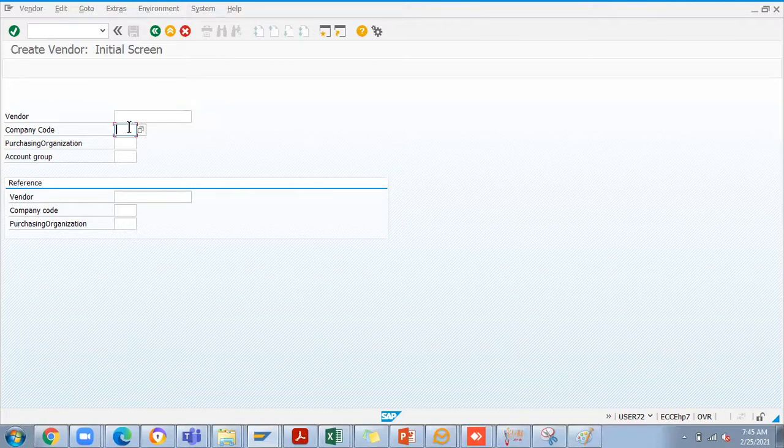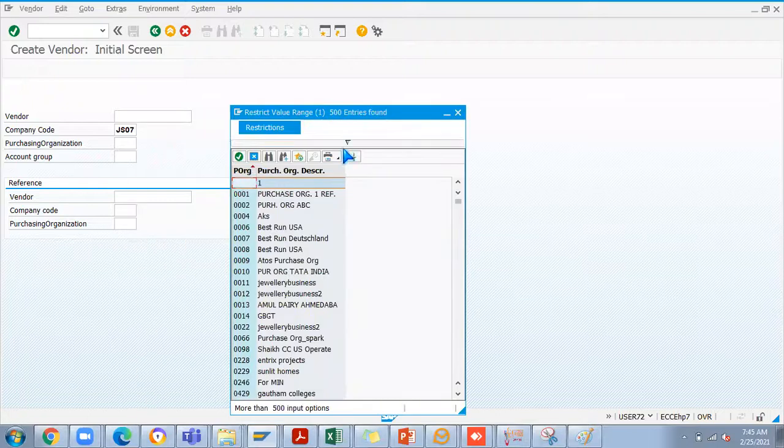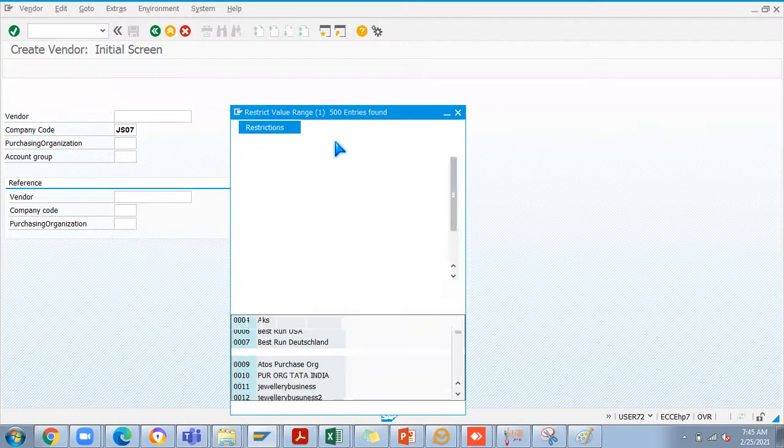Okay, now I should know the company code, and the purchasing I should check here, because I forgot. If I forgot what the purchase organization is, I can search by clicking on this option, one like a triangle in a downward direction.